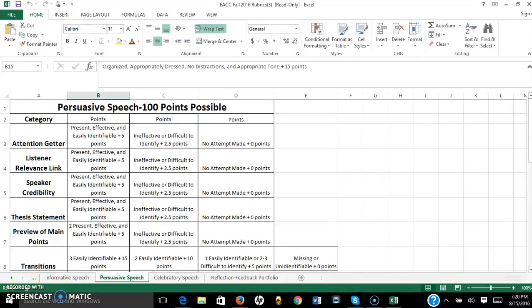Let's take a moment and talk about persuasive speaking. I'm going to give you a brief overview, and then I will tell you how you're going to be graded on your persuasive speech. Pretty simple, right? So first, let's go ahead and talk about what persuasive speaking is. Persuasive speaking is when you're speaking with the goal to change someone's mind or to get